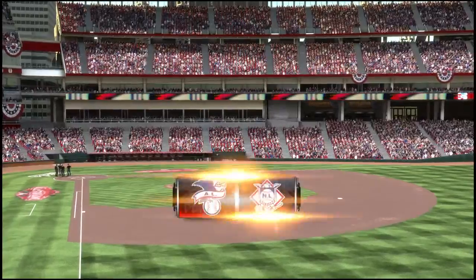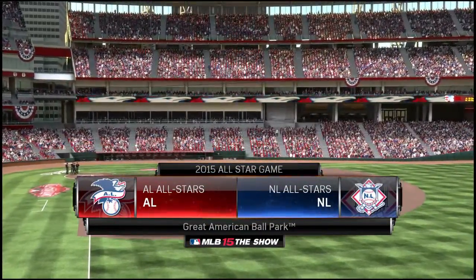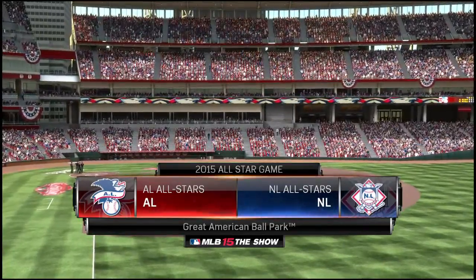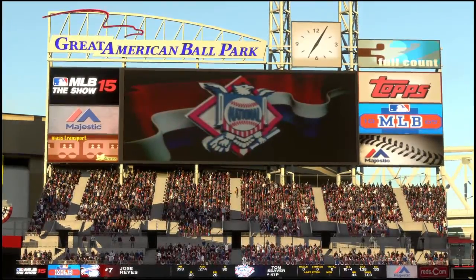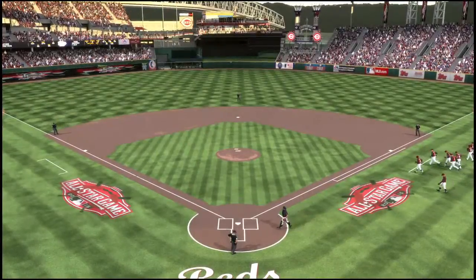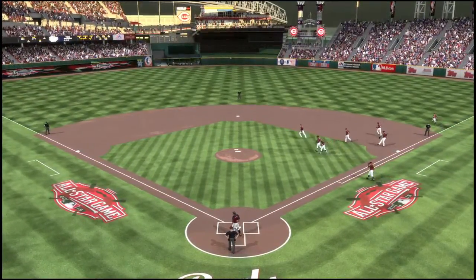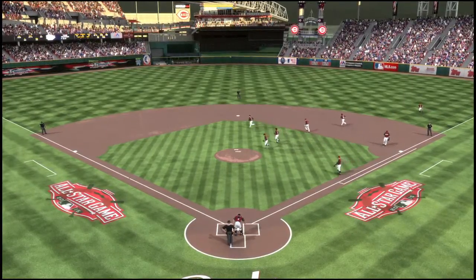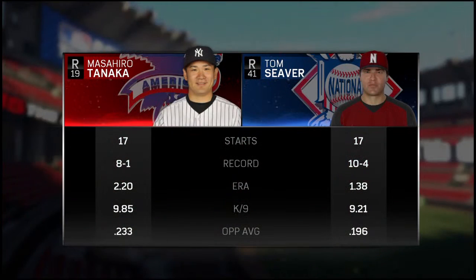Back now as we draw ever closer to first pitch. Let's listen in to public address announcer Mike Carlucci. Now taking the field, welcome your 2015 National League All-Stars. Briefly now, we'll look at the two men named by their managers to get the ball here to begin this All-Star Game.